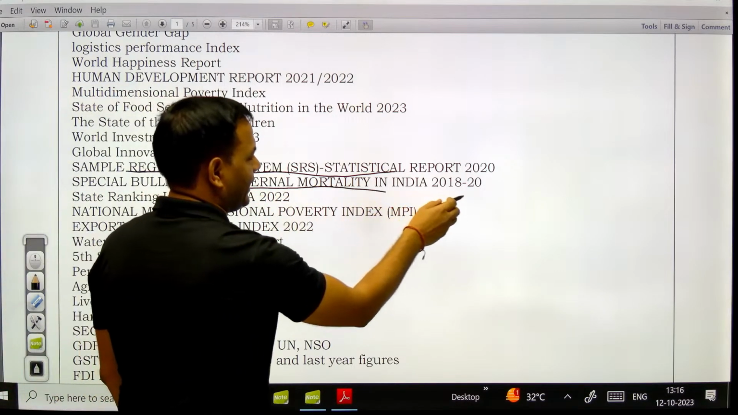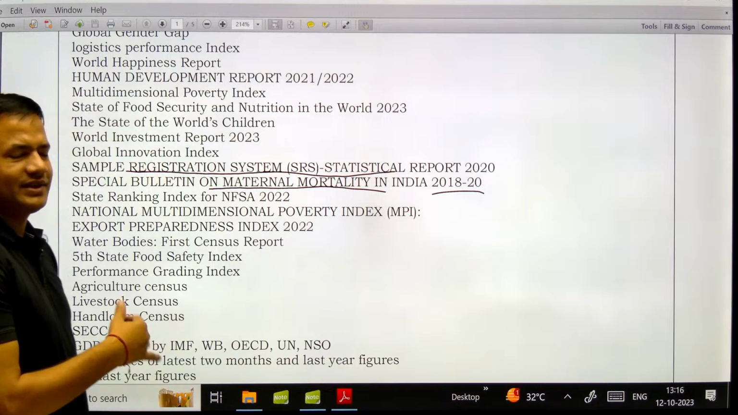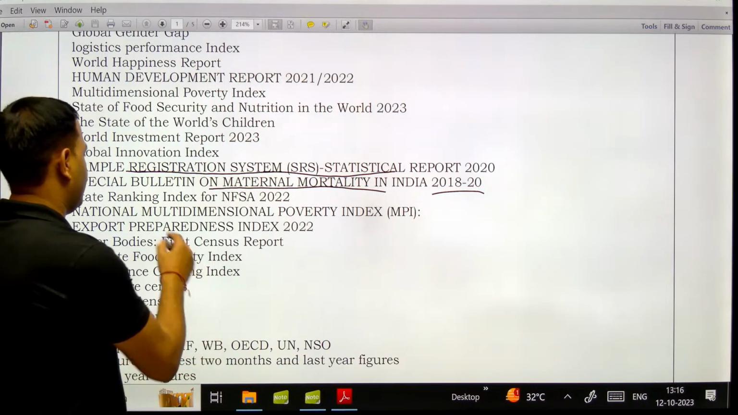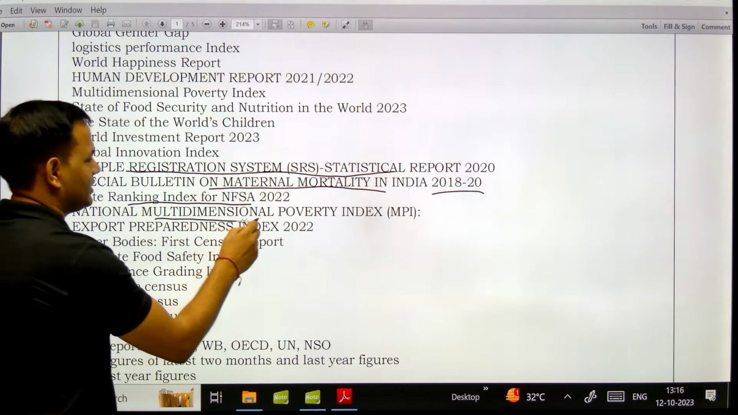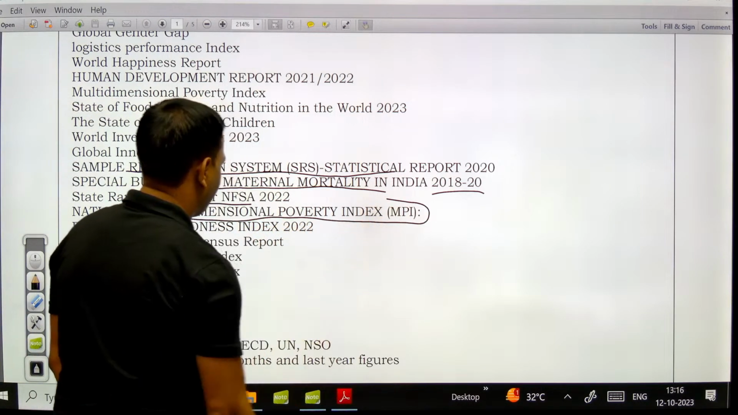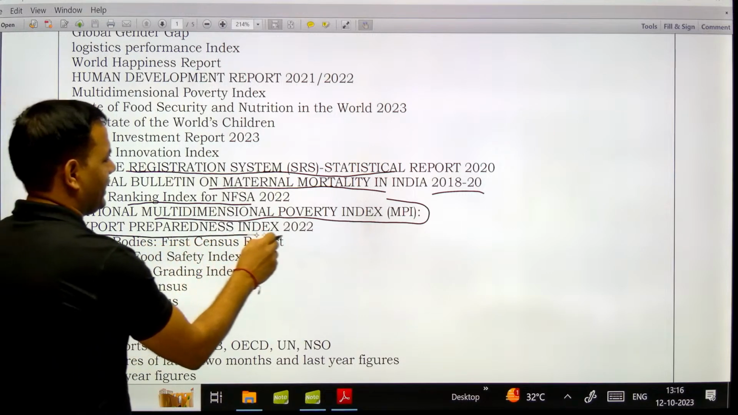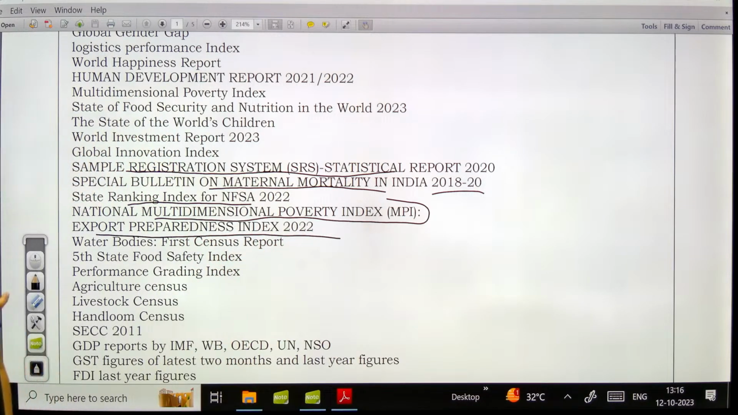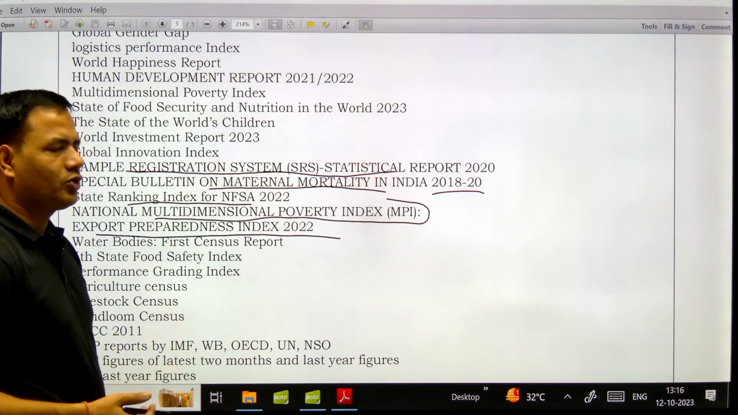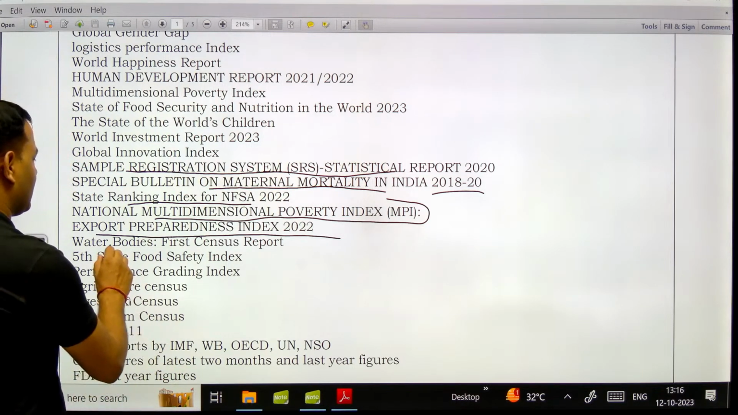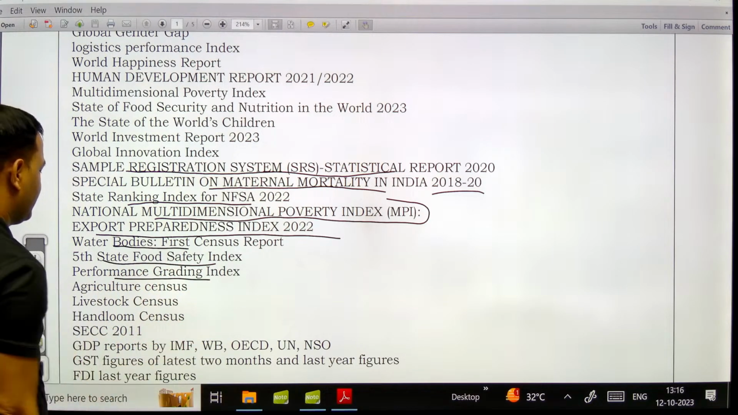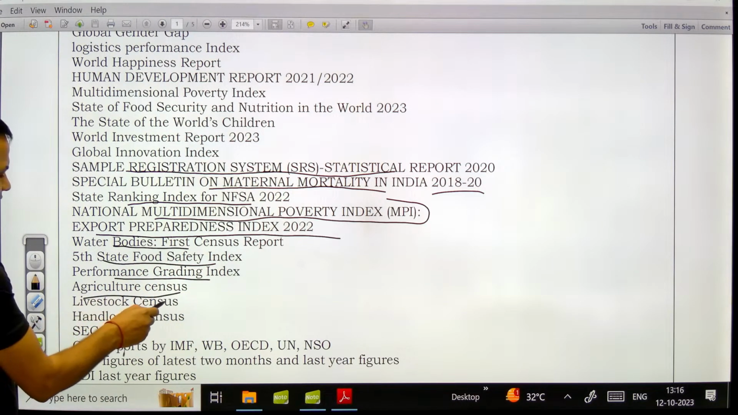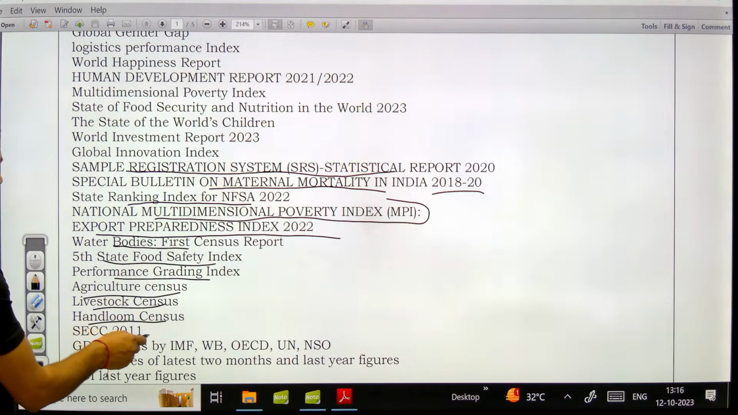Maternal mortality rate in India 2018-20, again the SRS report, and the state ranking index for NFSA, the National Multidimensional Poverty Index recently released by Niti Aayog, Export Preparedness Index 2022 recently released by Niti Aayog. So Niti Aayog reports are very important, can be asked. Water bodies first census, 5th State Food Safety Index, Performance Grading Index, agriculture census, livestock census, handloom census, and Socio-Economic Caste Census